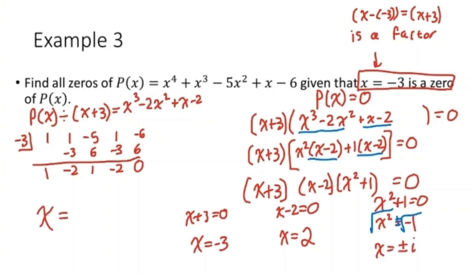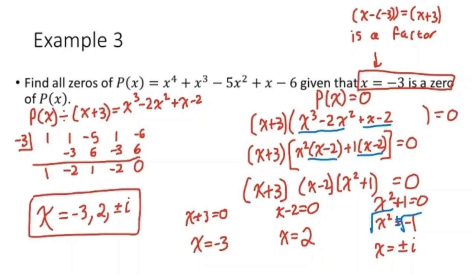So here we have 4 zeros: negative 3, which we were given, 2, and plus or minus i, which we just found. All of these zeros have a multiplicity of 1. P of x was a 4th degree polynomial, and we did get 4 zeros. Now, in order for us to do this problem, we had to know that x equals negative 3 was